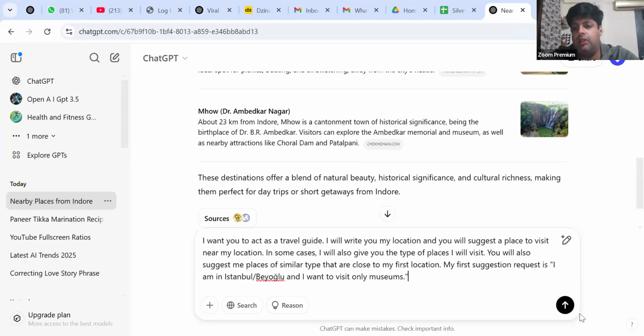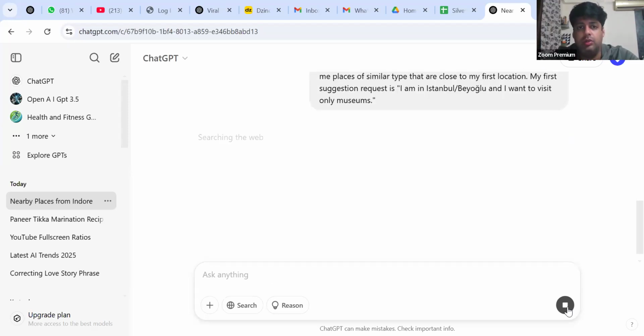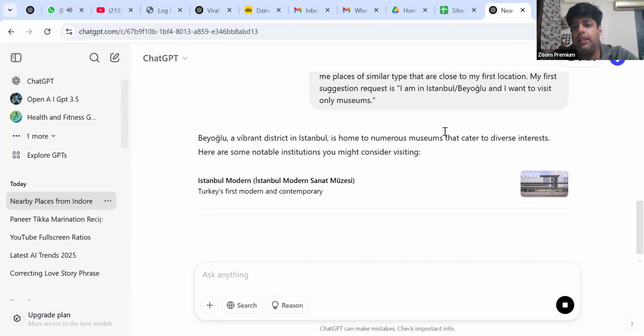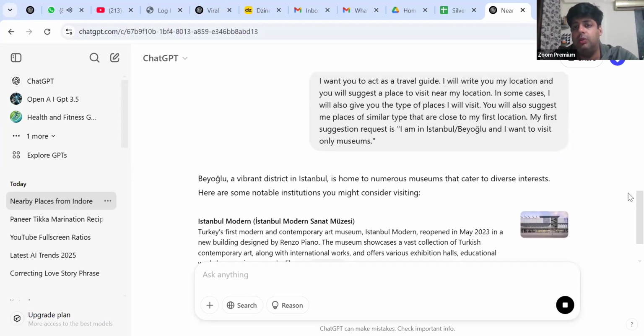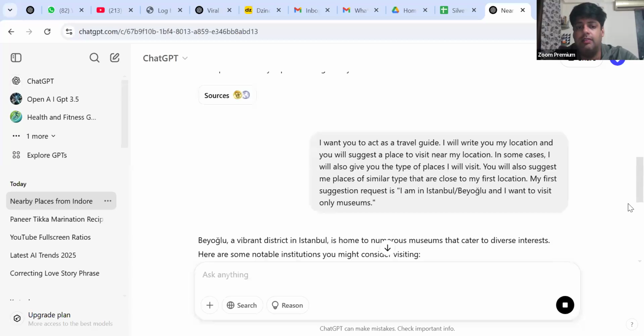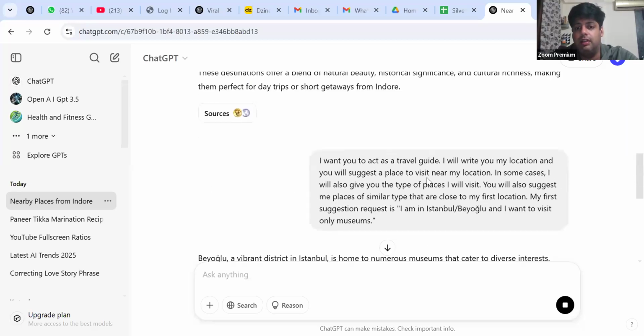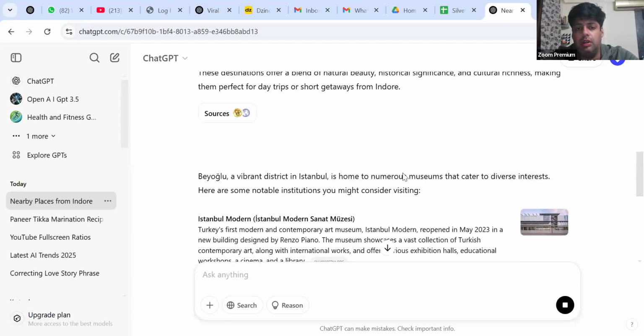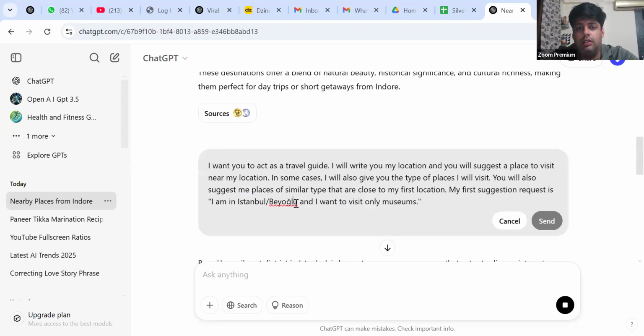And now I will ask. Let's see what kind of result will come and in which manner it will come. We will see the design pattern also. Because now I have trained it and now it is searching. Clear? So I need to change this place. I have not changed it, like Istanbul. It has given that. So we will see. So I need to change it. Now we will see. And I am in Indore.